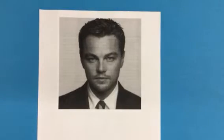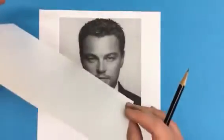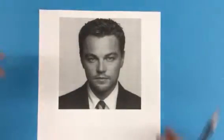Hi boys and girls, today I'm going to demonstrate how to transfer the image that you're going to use for your Andy Warhol project onto the scratch foam. Now scratch foam is just a thin piece of white foam that normally looks like this, and I have it taped to the back of my image,